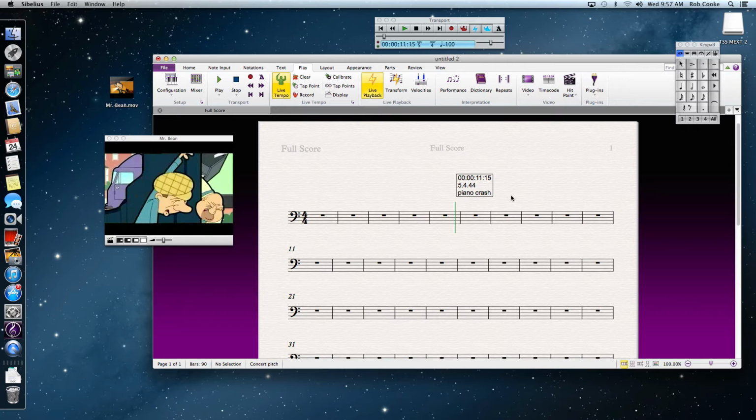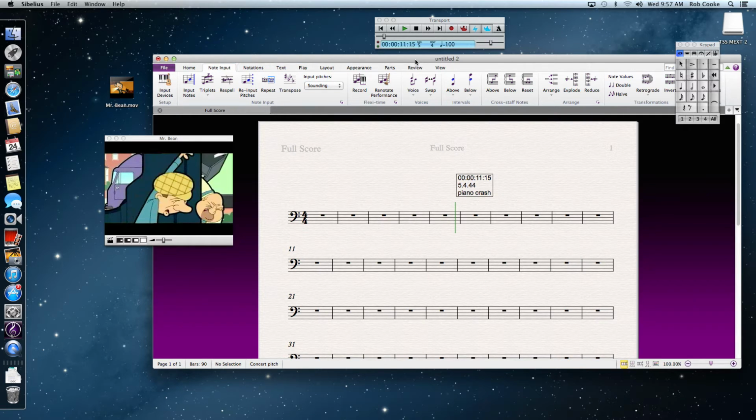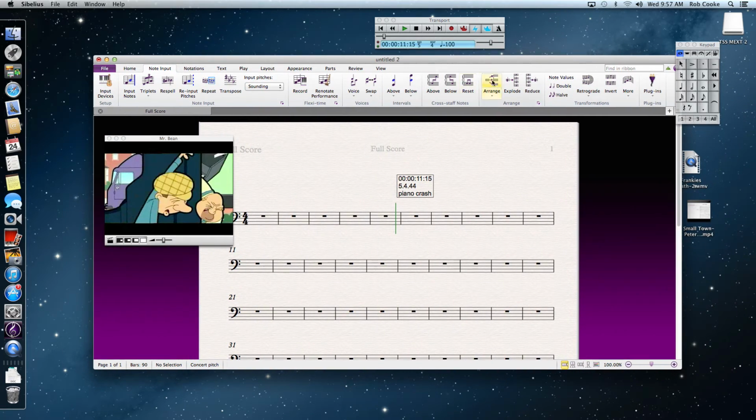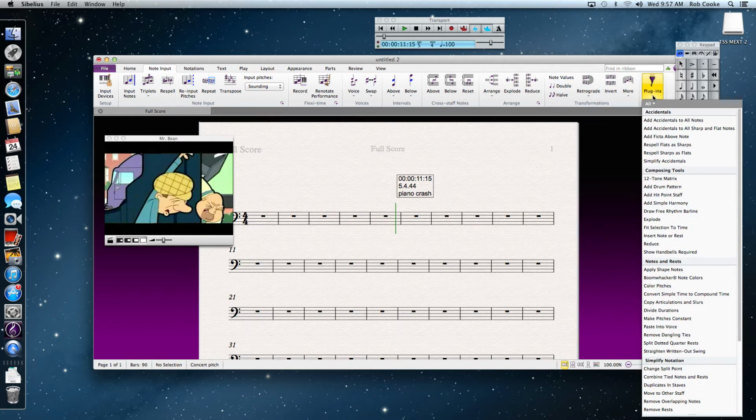What I want to actually do is to create a hit point stave. Over to note input again. So these are the two tabs you're really playing around with hit points. Note input and play. Note input. Okay, over here. And we're going to go to plugins. And up the top here, it's got add hit point stave, so